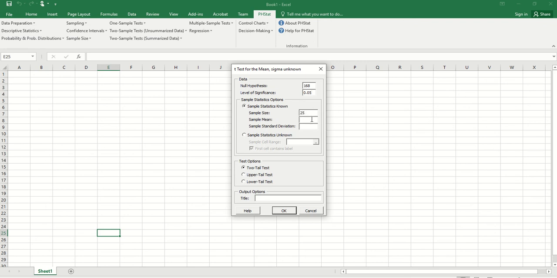Sample mean $172.50. Standard deviation of the sample 15.4. And if we are given a sample, we check this option and select sample cell range. We are using a two-tailed test because the null hypothesis contains equal sign.